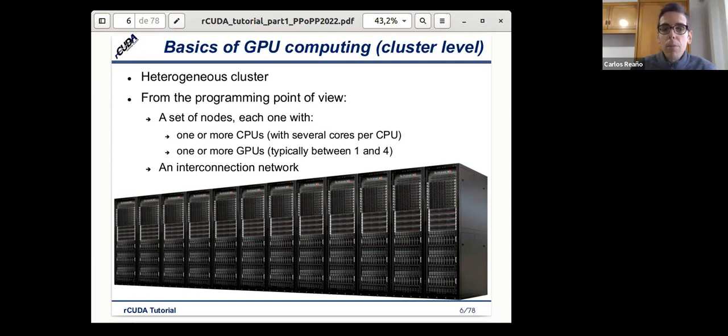Typically, the number of GPUs per node used to be between 1 and 4, but now I would say that this number is going to 8 GPUs per node. And all of these nodes are connected in the cluster by an interconnection network.